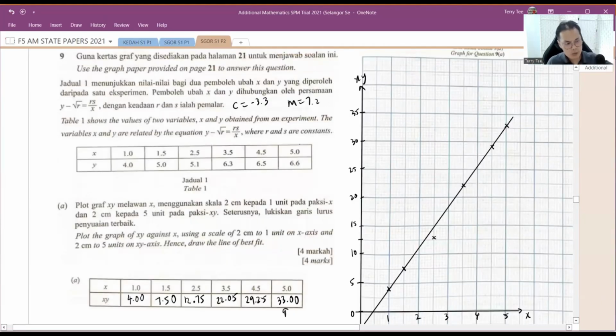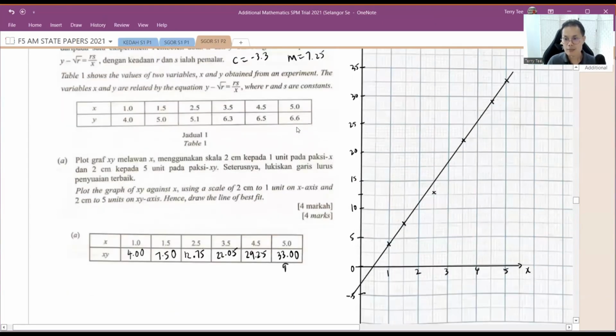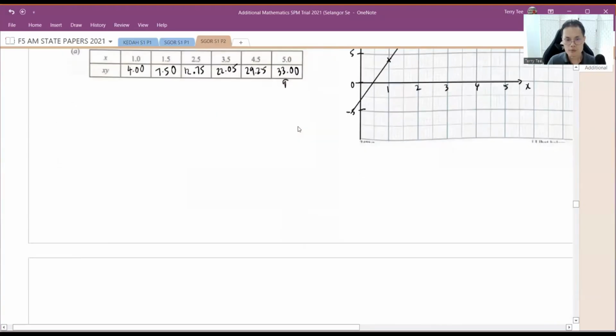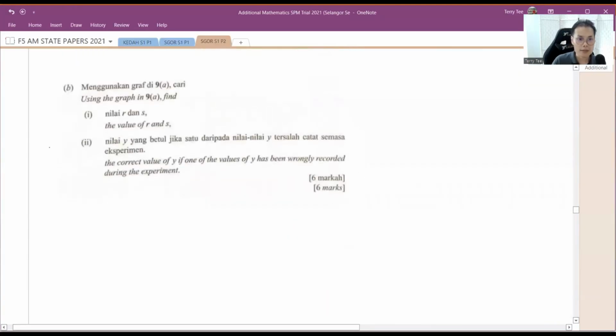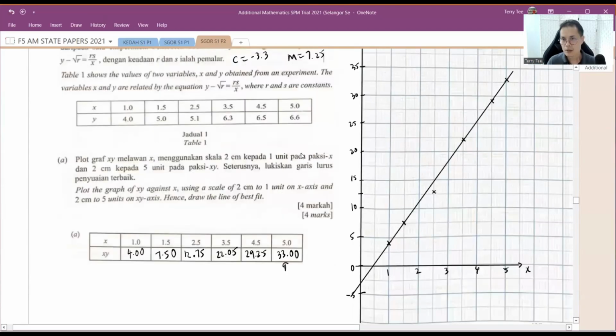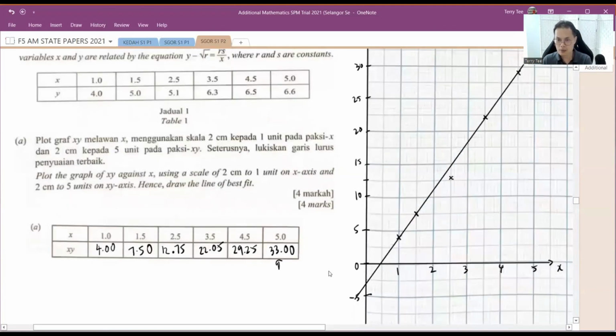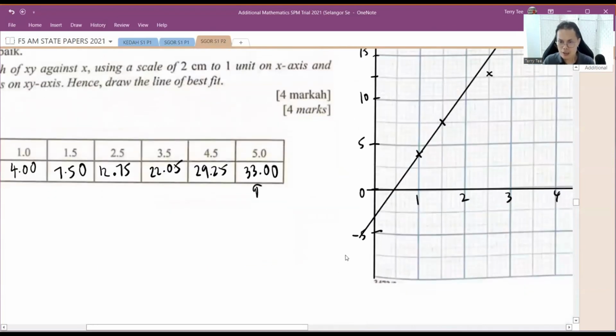Okay, now what I need to do is to find the gradient and y-intercept from the graph. I've done my drawing, right? I need to find the gradient and y-intercept so that I can find the value of R and S. For the gradient, I like to use 5 boxes horizontally, because any number divided by 5 is a nice number. And you can see this y-intercept, maybe I just zoom in a bit. It looks like